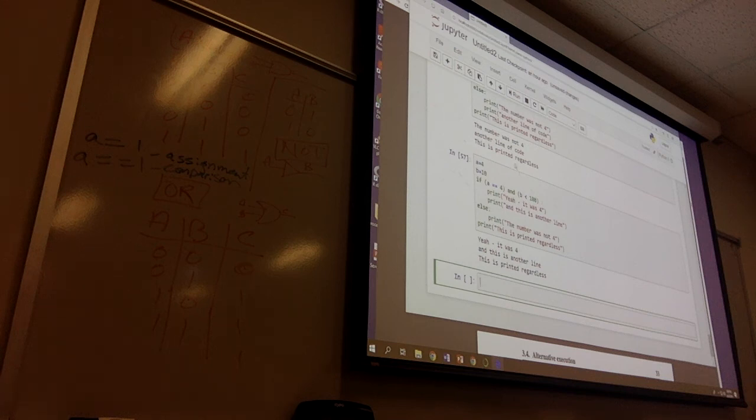The statement was true. A equals 4 and B was less than 100, so it printed its first part. If I set it to that and run it, the number was not